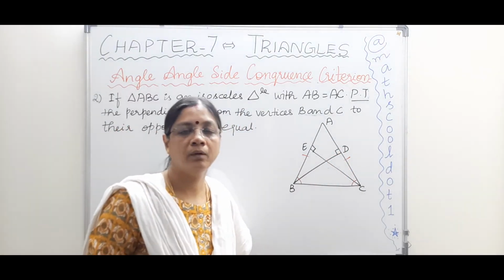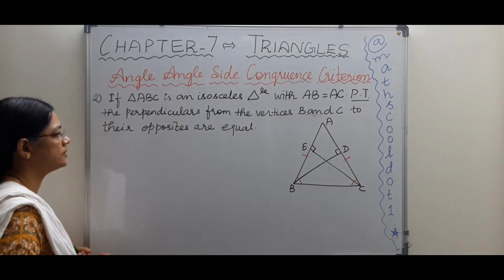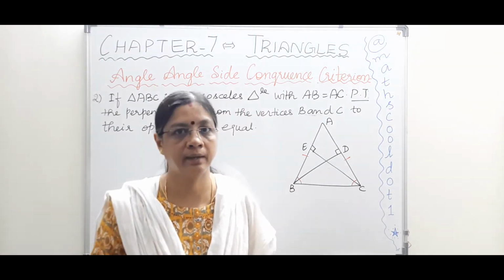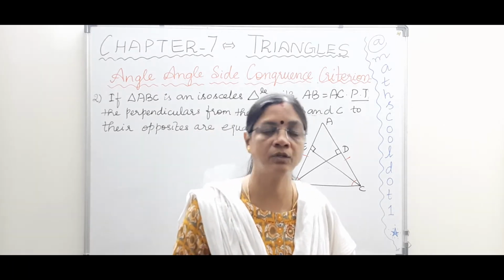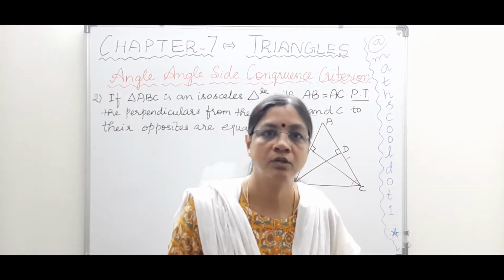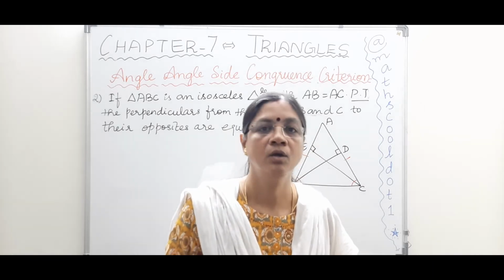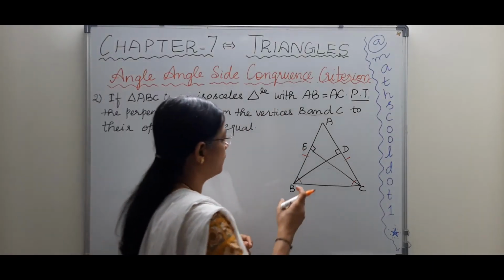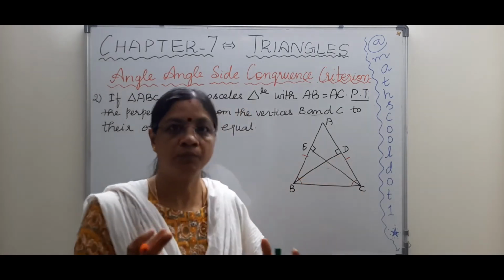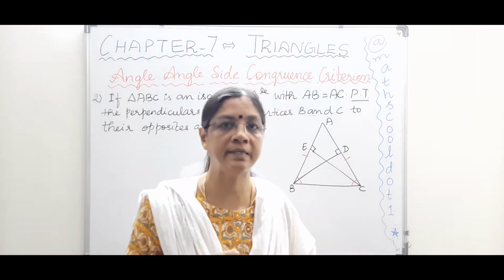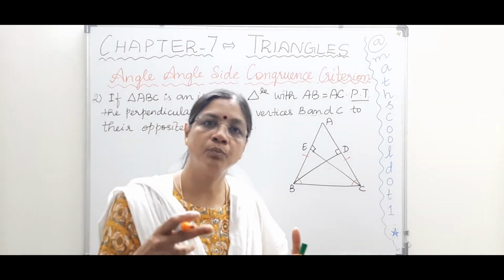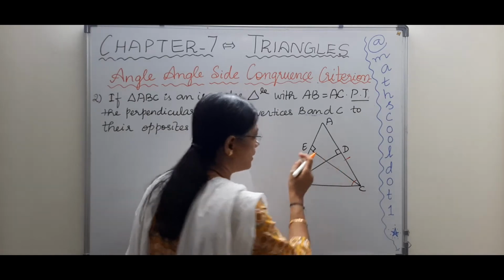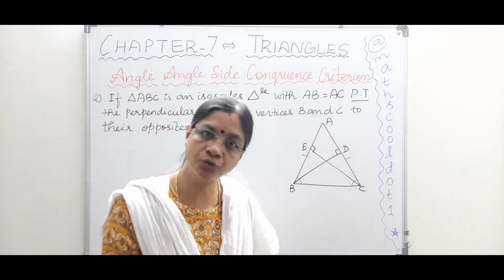Okay, so whenever we are given some conditions to prove, I told you, whenever we have problems related to triangles, let us try to spot two triangles involving the two sides which we need to prove are equal. See, BD and CE, we need to prove them as equal, right? So these are the perpendiculars, so we need to prove them to be equal. So with this BD and CE, let us spot two triangles.